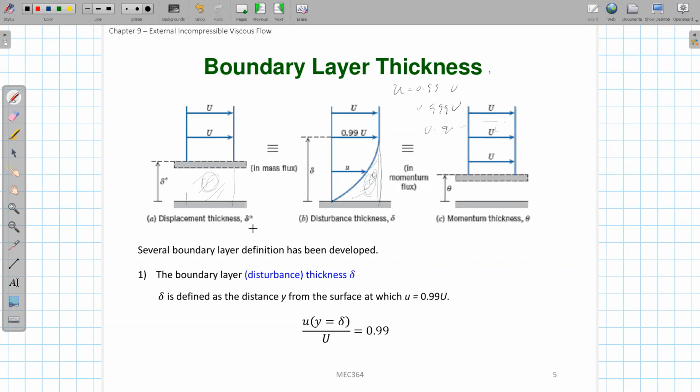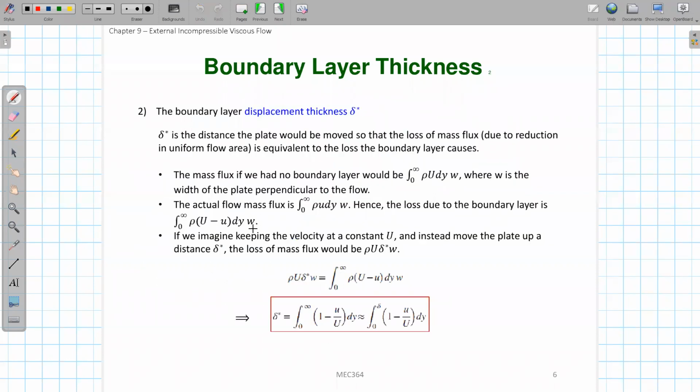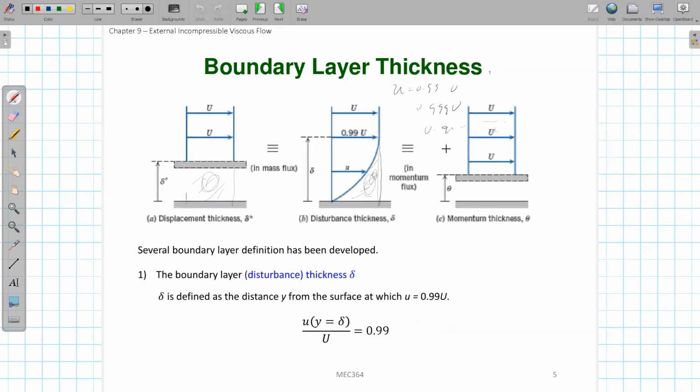Okay, and so based on our calculation, we found that this delta star, which we call the displacement thickness, can be defined in this way. Delta star can be integral from 0 to infinity, or it's still accurate just from 0 to delta, of 1 minus u over U dy. Okay, so this is the second definition, and the last definition is called the momentum thickness theta,